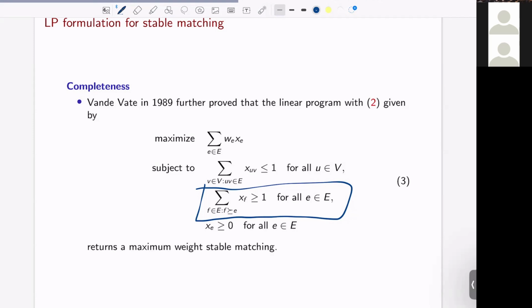I might explain a little bit about that tomorrow for the matching problem. Any other questions? Okay, if not,